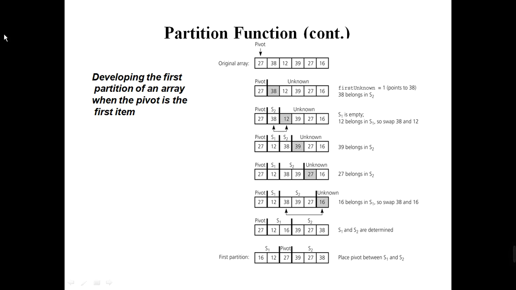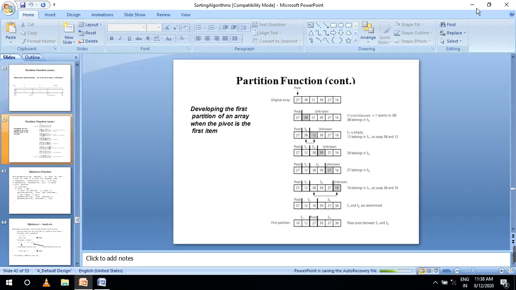How many elements are there? Totally 6 elements. I'm taking the first element as the pivot. Taking the first element as the pivot means the partition level will be changed. That means less than 27, or greater than or equal to 27. In between I'll give an example, and I will explain what the things are.